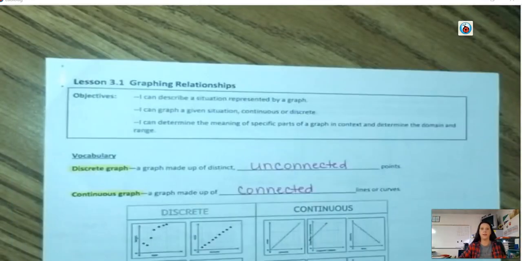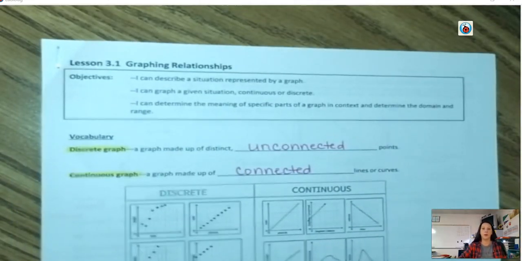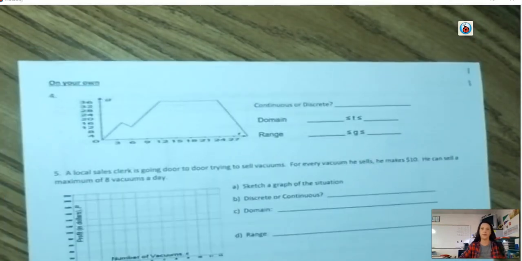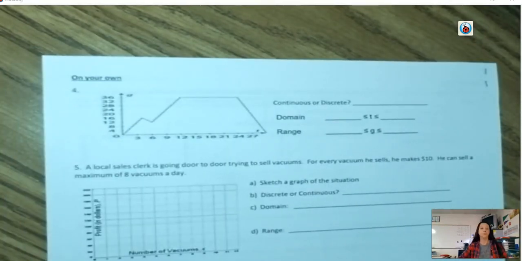Okay, so we're on the still continuing lesson 3.1, and we're on the back page. Okay, so looking at this graph,